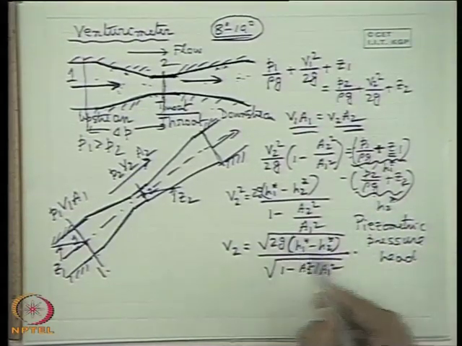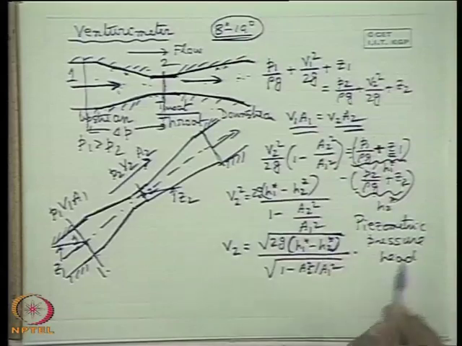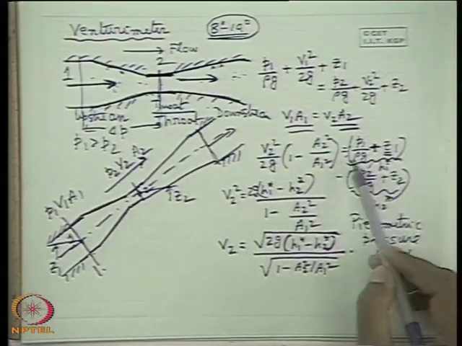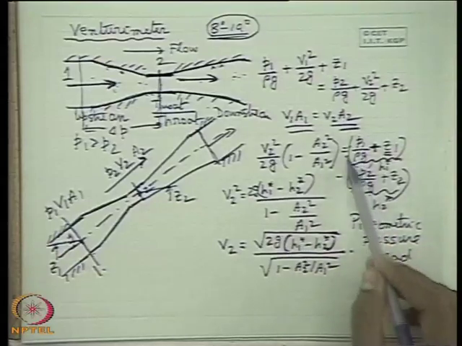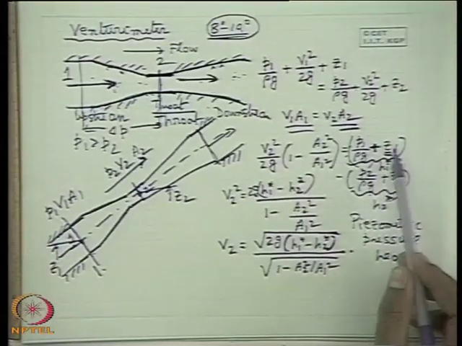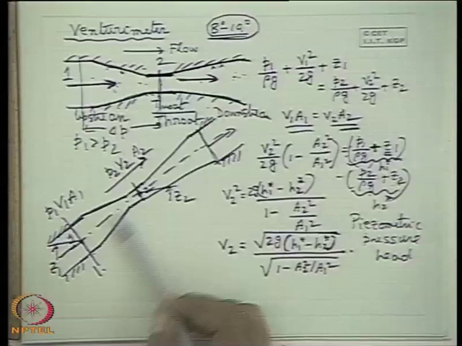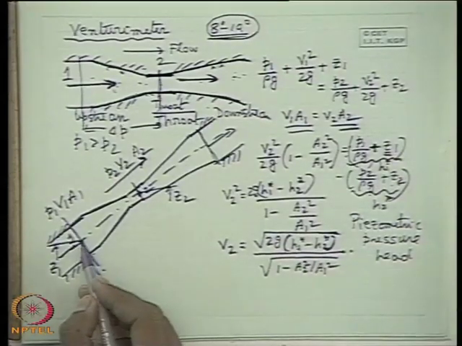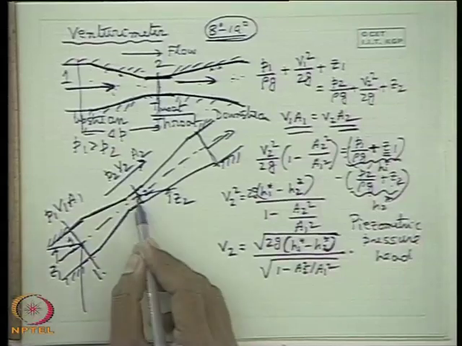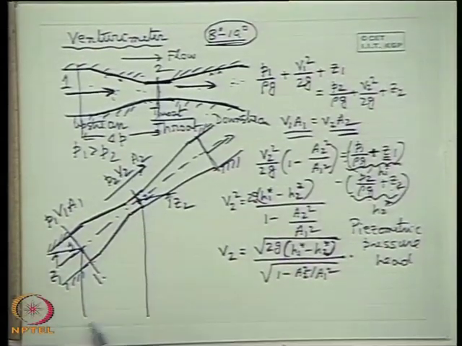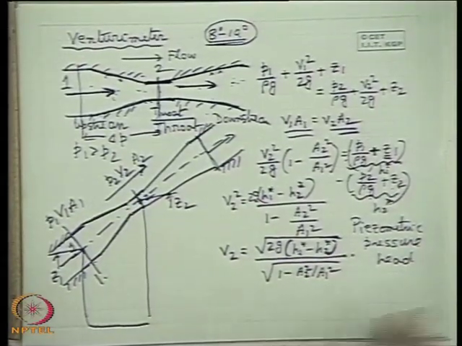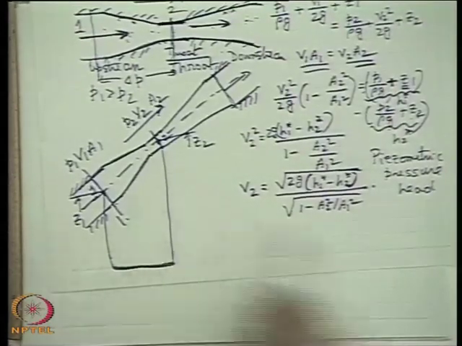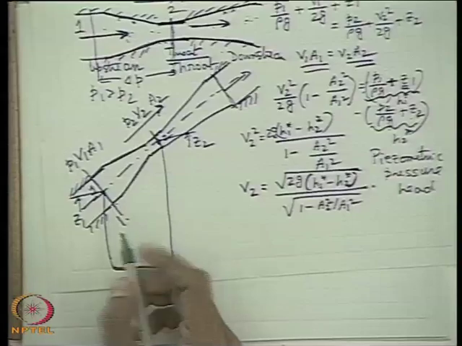So we can write in terms of piezometric pressure head. Why do we write in terms of this? There is a meaning to it. Mathematically it may not seem very meaningful, so why unnecessarily write H1 star? Let us better recognize P1 by rho g and P2 by rho g separately with Z1 and Z2, the elevations at 1 and 2. This is because in practice we attach a manometer between these two points to register the pressure difference.